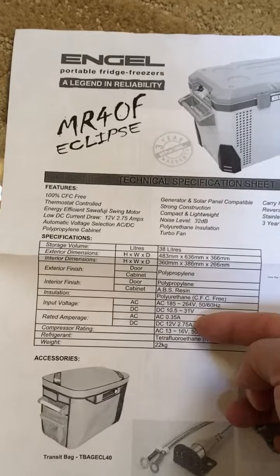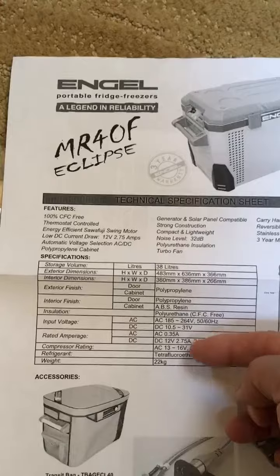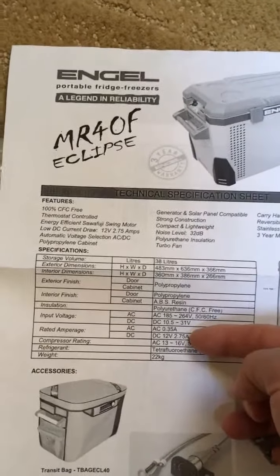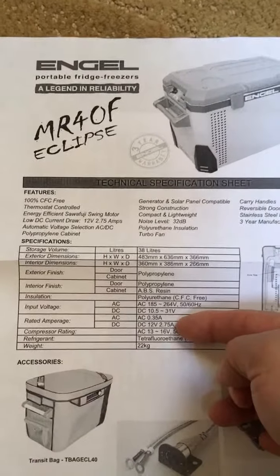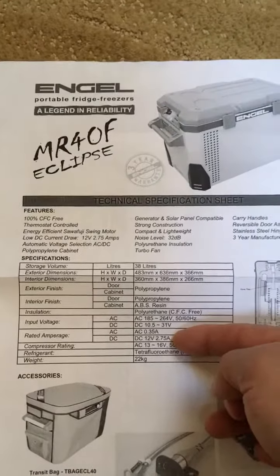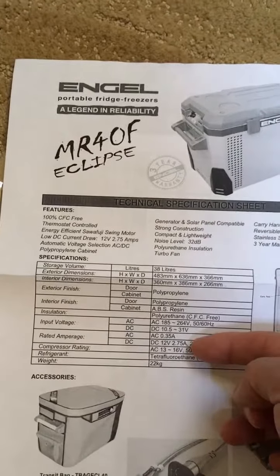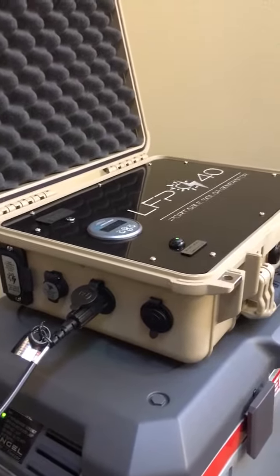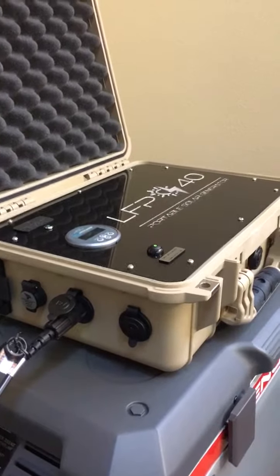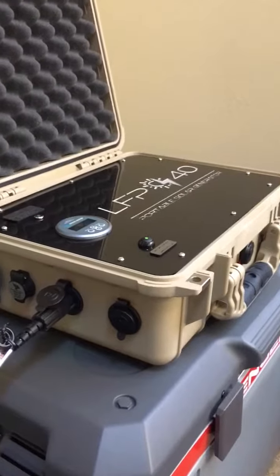So given that the system is approximately 40 amp hours, divide that by, let's say, 3. If I can do the math in my head, it's approximately 15 hours. So without any input into the LFP system, as far as solar or AC input to continuously charge the lithium-ion batteries in this system,